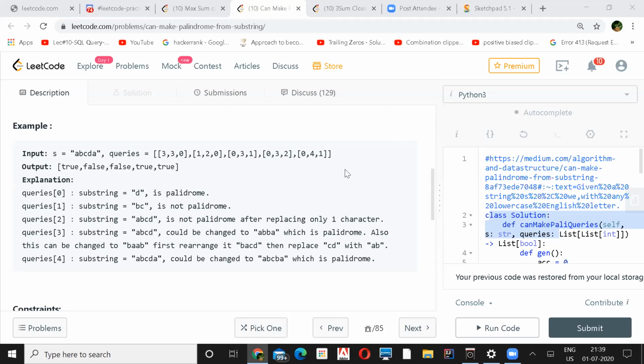So if we know the number of unique characters, and depending on the length, we know how many unique characters we need in a substring to get a palindrome. But that is an optimized version of doing that.